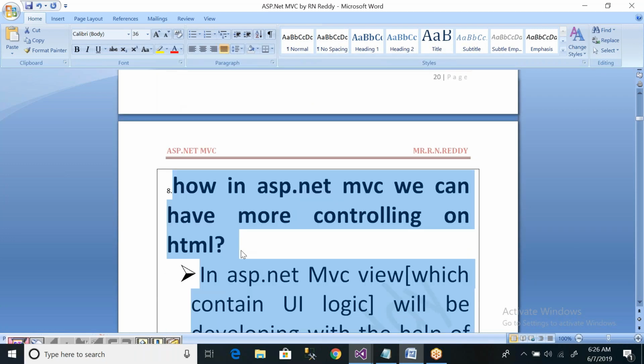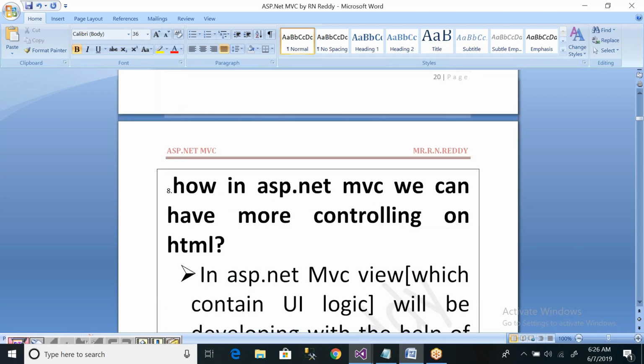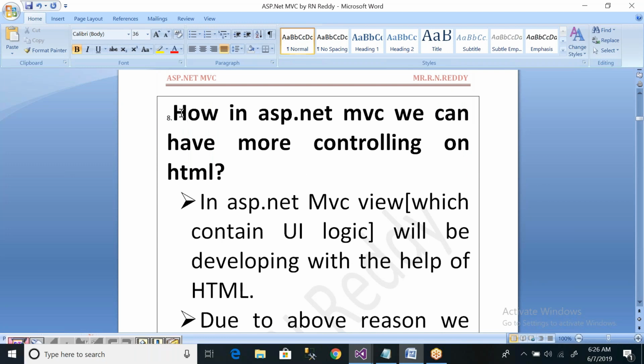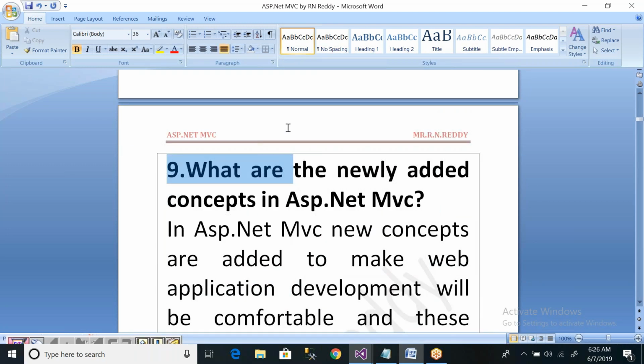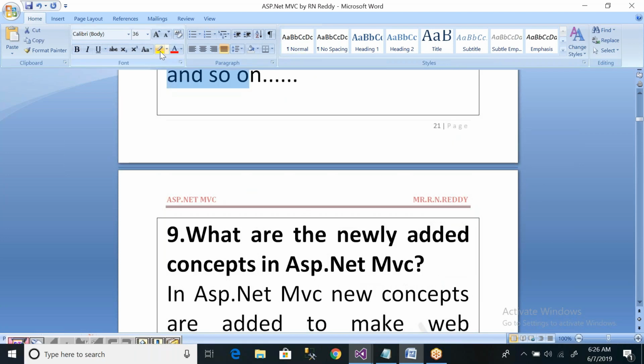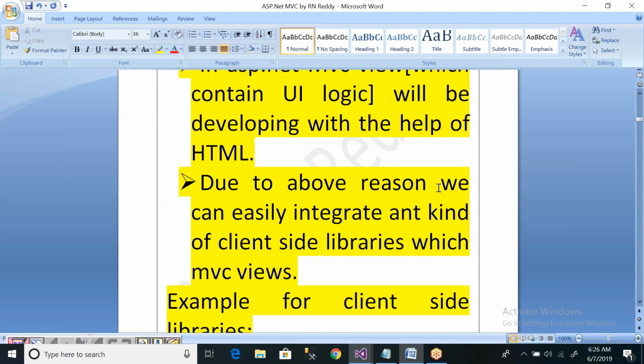Like TDD support, you observed we didn't understand that. I told very clearly that it is not possible to understand at this stage. This is the 8th point, let me explain about this.